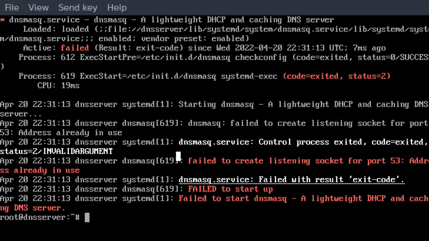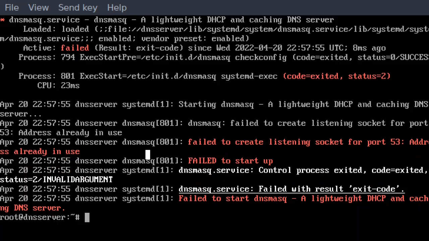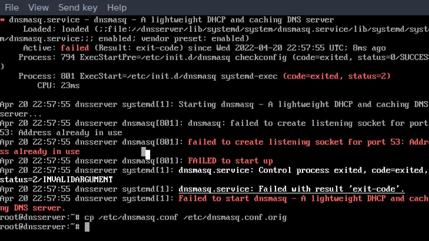So for now, don't mind too much. Okay. So the first thing to do is just to copy the dnsmasq original configuration in a file that we can use later on as the original. Okay, then we just have to edit the